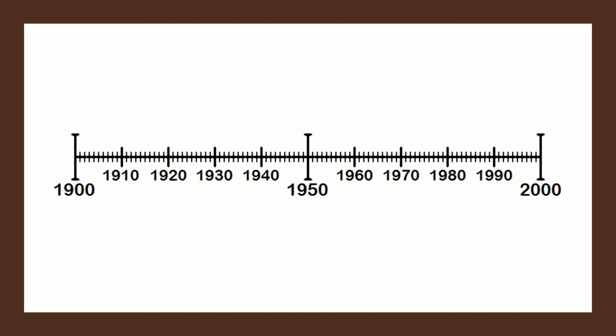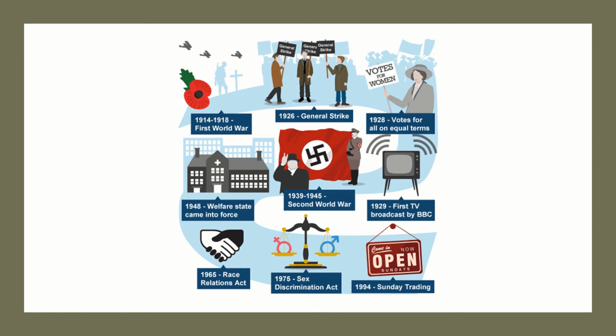and add either a picture or a fact with each of those events, so that what you'll have by the end of it is an overview of things that have happened in the 20th century, major events in British history and world history, with some of the ideas you can see here on the screen. So you could talk about the war, the First World War, the Second World War, things like the Race Relations Act or the welfare state. You could talk about the first TV, votes for women. You could talk about things like the Korean War, the Falklands War, all of these major events of the 20th